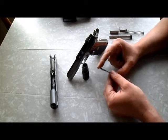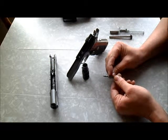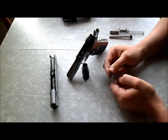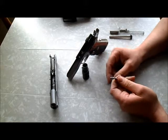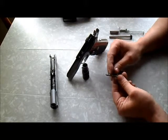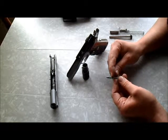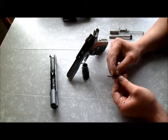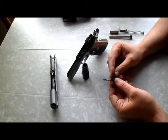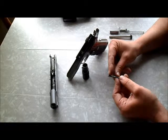And this area right here is also solid on factory firing pins. Since it's a race gun that I was trying to work up for a little fast lock time, it's not a duty gun, so I actually ended up lightening through here, cut out the material right in this area to lighten a little more. It's actually the same dimension as where the firing pin hits,